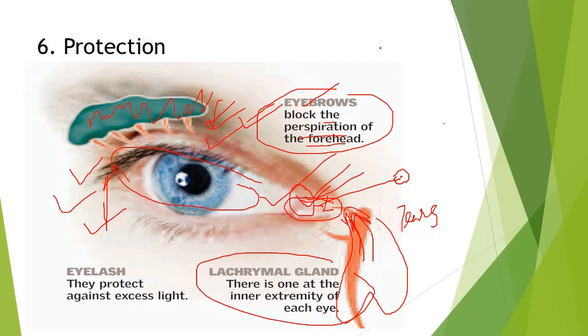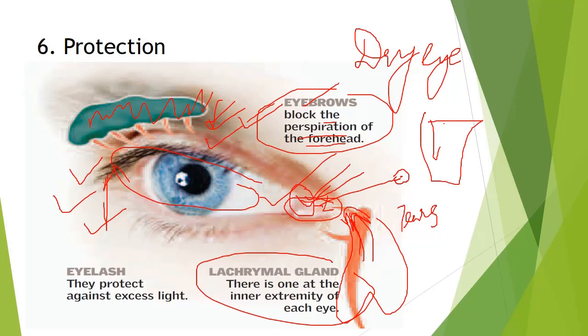If tears would not be there, you have seen some people have dry eye. The reason for dry eye is too much staring at screens. If a person is staring at screens, on a phone or laptop, for hours, then he will get dry eye, because the eyelids blink continuously to make the film continuous. Whenever we stare at the screen, this blinking reduces, and the tear film is torn apart. So the cornea gets damaged, and because of this we develop dry eye.